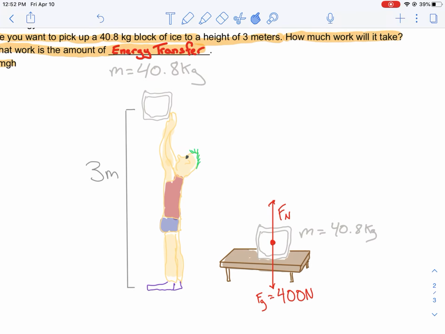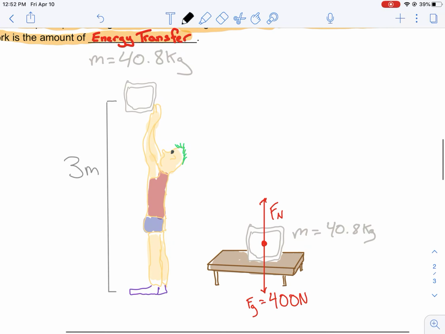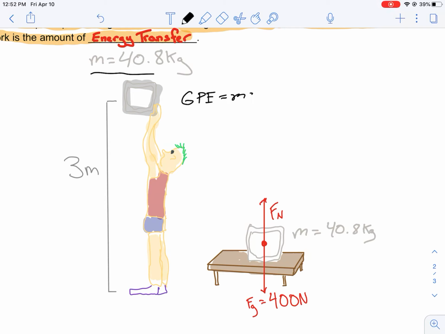So the easiest way to think about this is just how much gravitational potential energy does this block of ice have when it's up here at this height of 3 meters? Well, the block of ice has a mass of 40.0 kilograms, and you could just use your GPE equation. GPE equals mgh. Its mass is 40.0 kilograms times 9.8 times the height, which is 3.0 meters. And we end up with